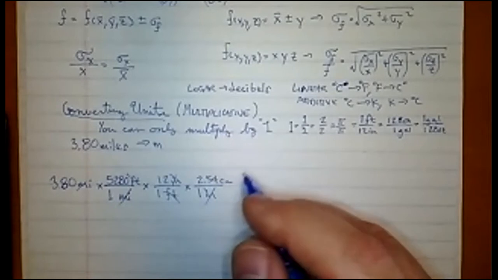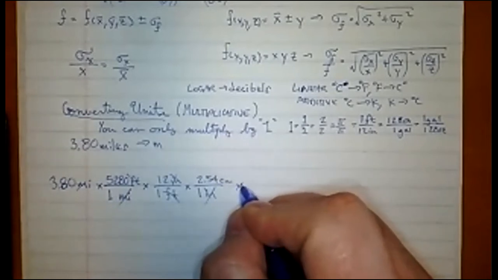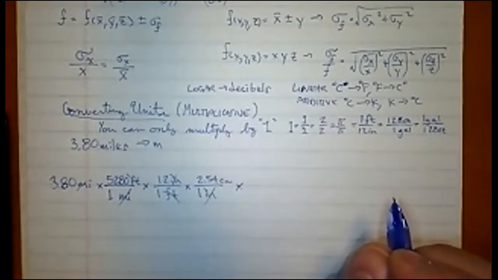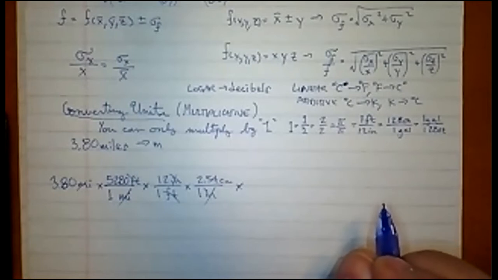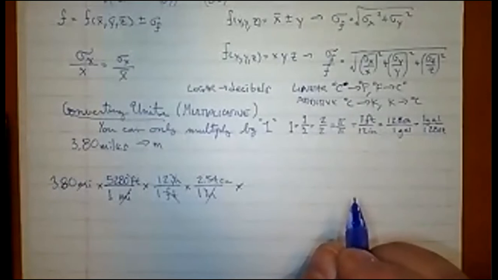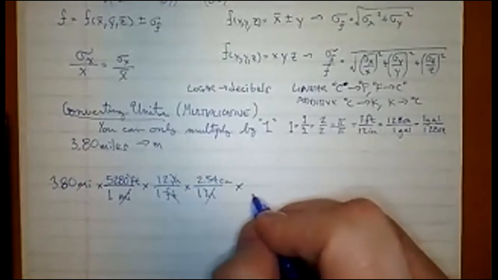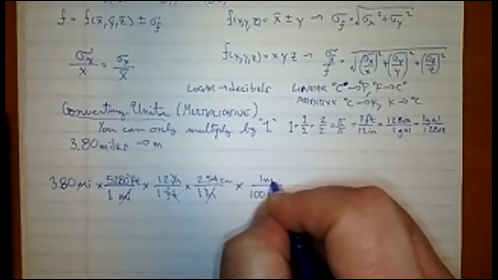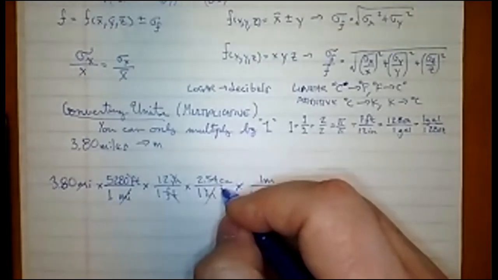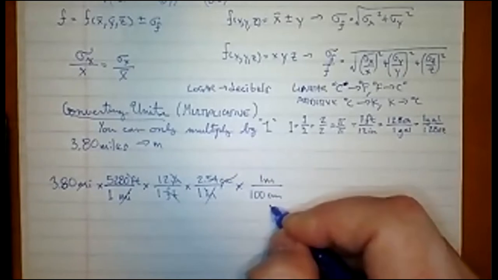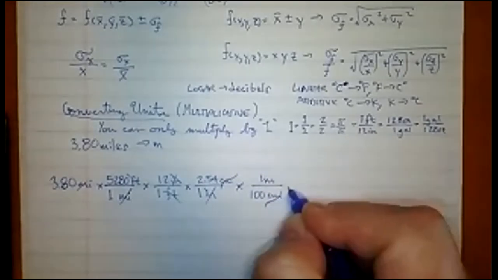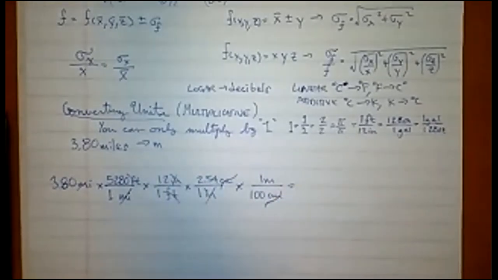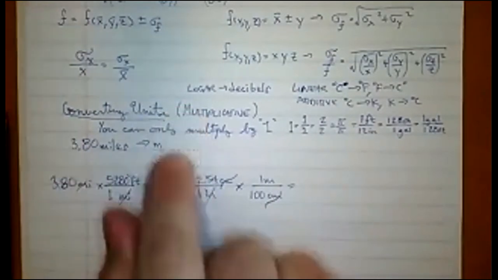I'm now in centimeters, but I also happen to know that there are 100 cents in a dollar, and therefore there's 100 centimeters in a meter. So I'll say 100 centimeters is equal to 1 meter. And what I'm going to do is a curvy slash like this from bottom left to top right. Now I've actually used a different slash symbol for each of them. And all I have to do is do the computation.